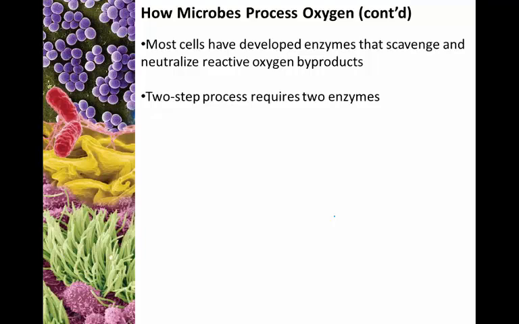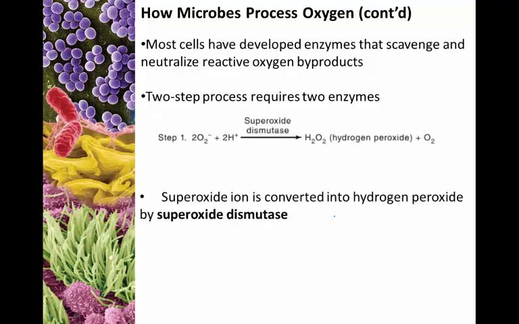The most common process is the one I'm going to show you. It's a two-step process where that superoxide free radical, we see it here, is complexed with two free hydrogen ions, with the help of an enzyme called superoxide dismutase, and that superoxide ion actually is converted over to hydrogen peroxide. Well, that would be great, except what?